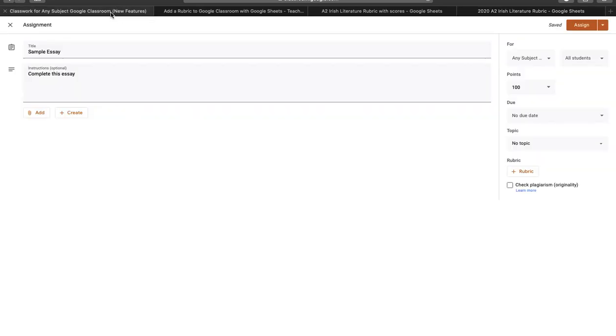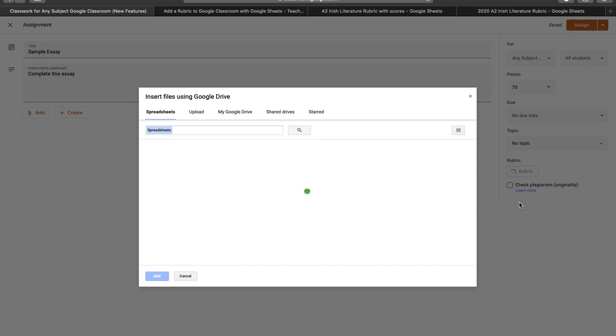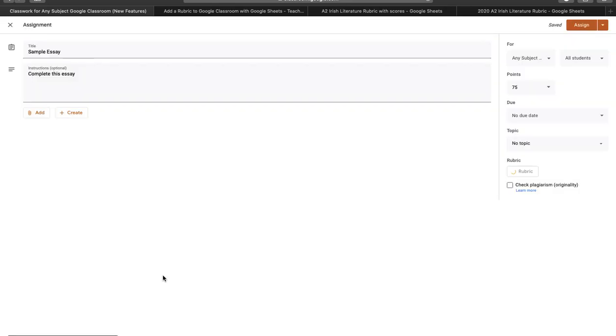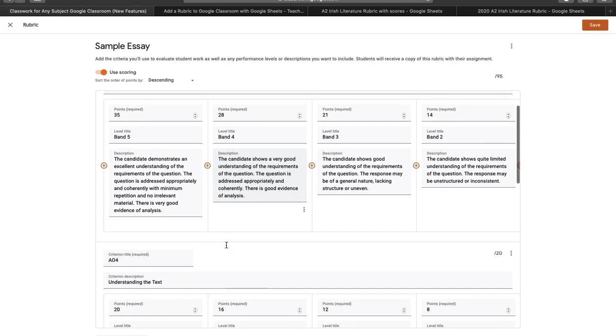So what we do here is I've part set this up to post an assignment, complete your essay, and your usual. For my example, it's marked out of 75, and I'm going to add my rubric. Now you can create a rubric or reuse one, but the function we're looking for here is you create your rubric in Sheets and then you import that from Sheets. It'll bring you to Sheets and to your recent one, or you can search for those here. If I select the one with the marks, select add, and here we have our